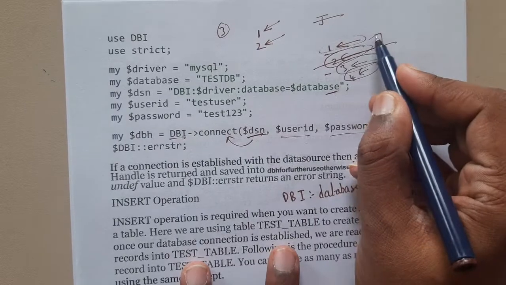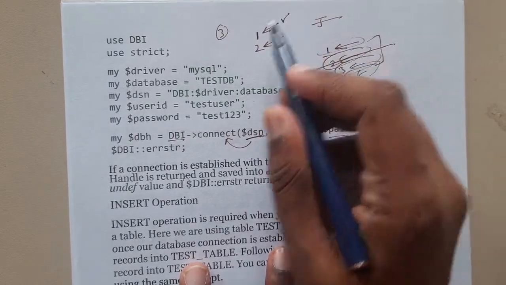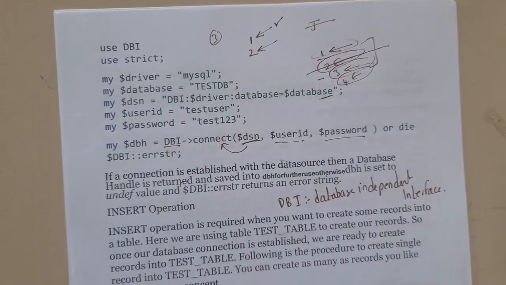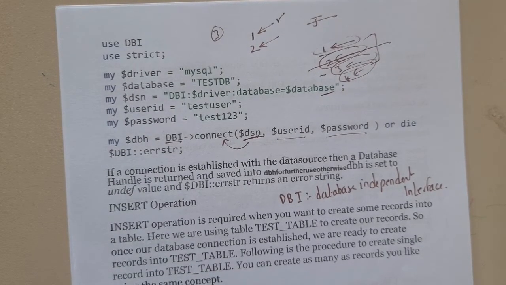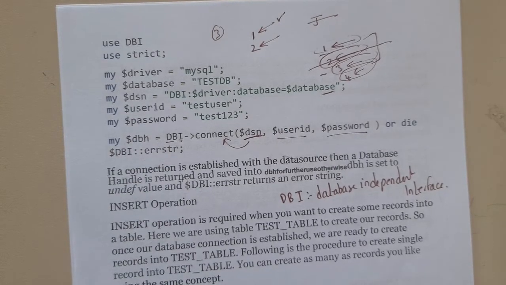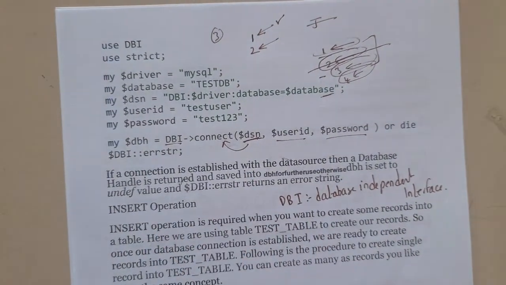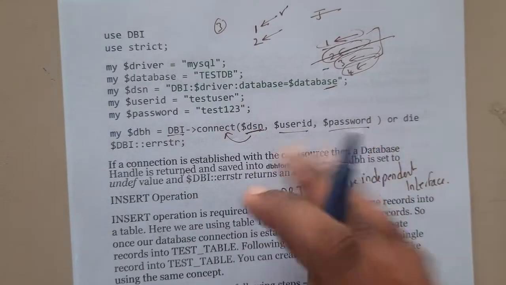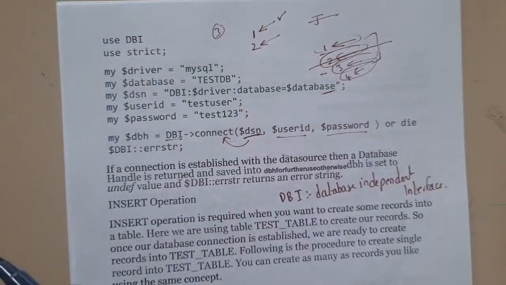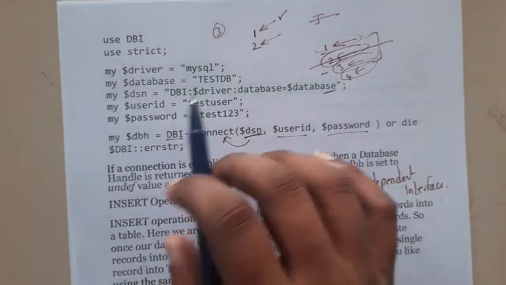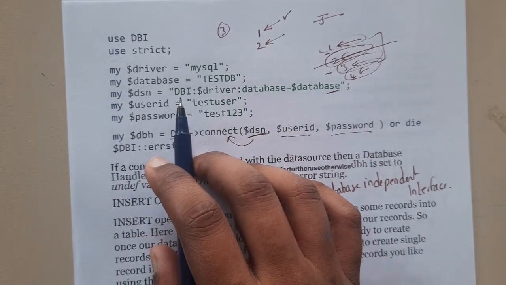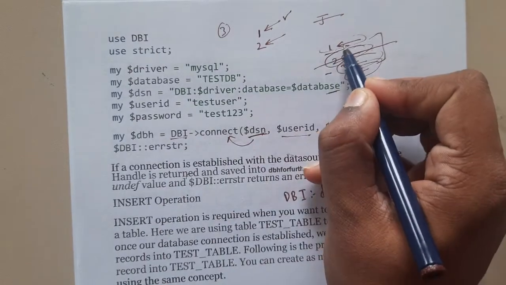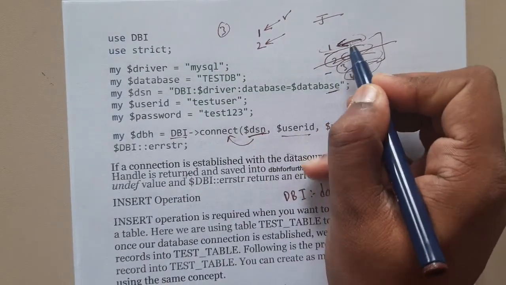The first step in JDBC is that you need to initialize the driver. Here there is no need of any driver, because Perl, PHP and these languages are designed basically for the backend only. Hence they already have the drivers built in, and you can use them directly without any initialization. So here the first step will be the connection, guys. You will be establishing the connection.